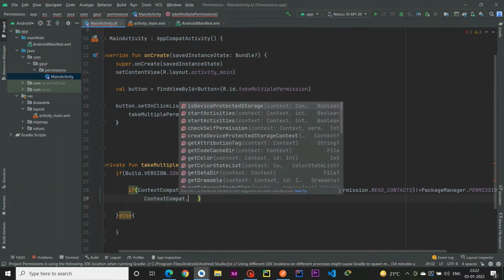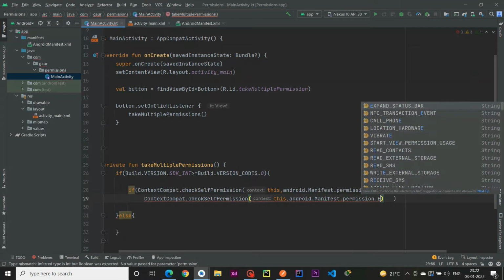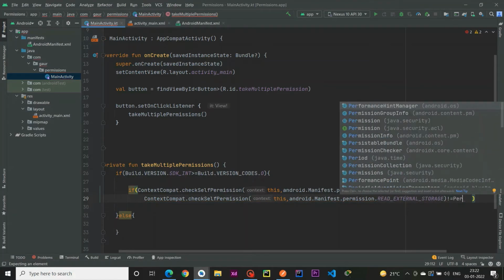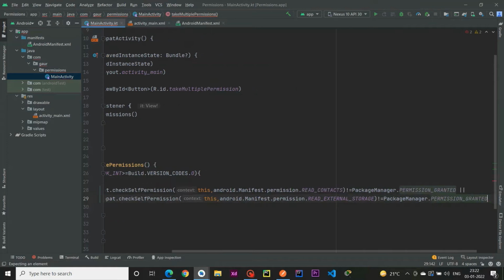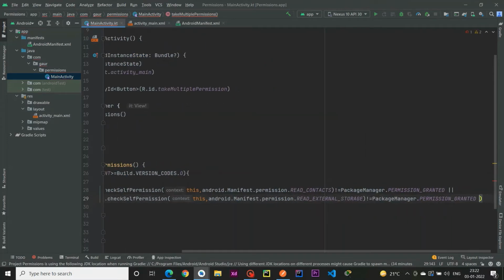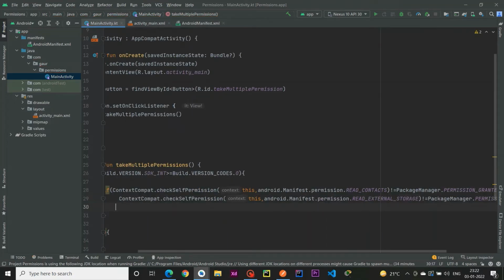ContextCompat.checkSelfPermission, this, Manifest.permission.READ_EXTERNAL_STORAGE. If this permission is not granted, PackageManager.PERMISSION_NOT_GRANTED. On that particular occasion we are going to trigger our registerForActivityResult.